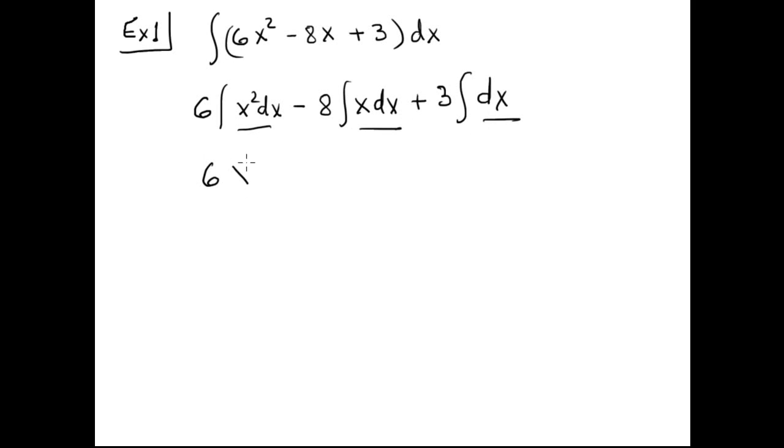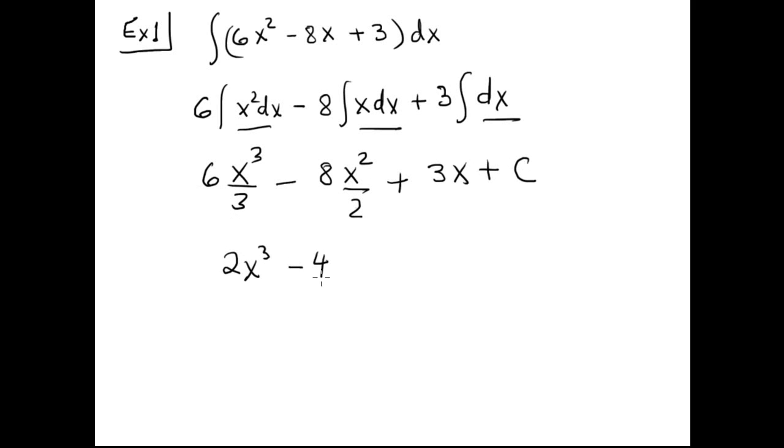This is x cubed divided by 3, increasing plus 1, minus x squared divided by 2, the same exponent here, plus the antiderivative is just x, and don't forget the arbitrary constant. Do simplification, this is 2x cubed minus 4x squared plus 3x plus 6. This is the antiderivative